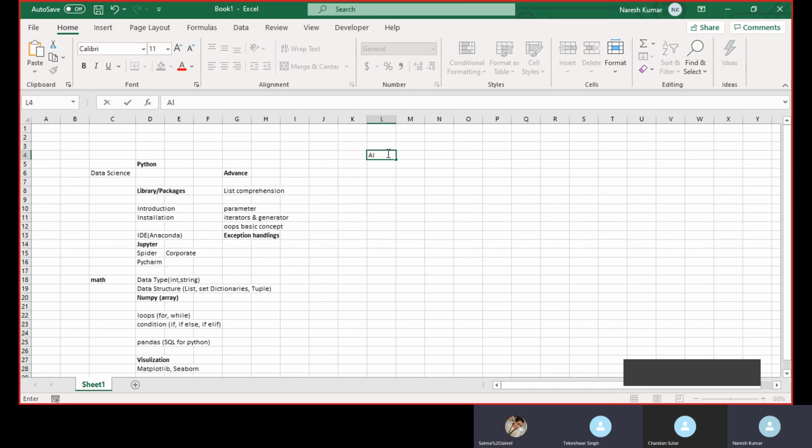Now coming to the algorithm part. Basically in algorithm, first and foremost thing is the statistics part. And then we have the ML algorithm.